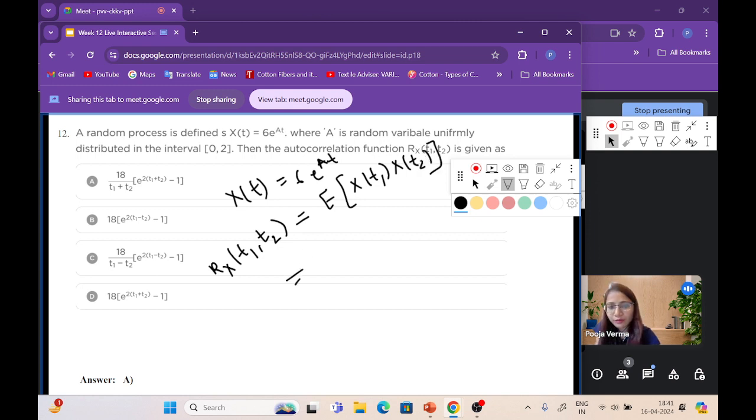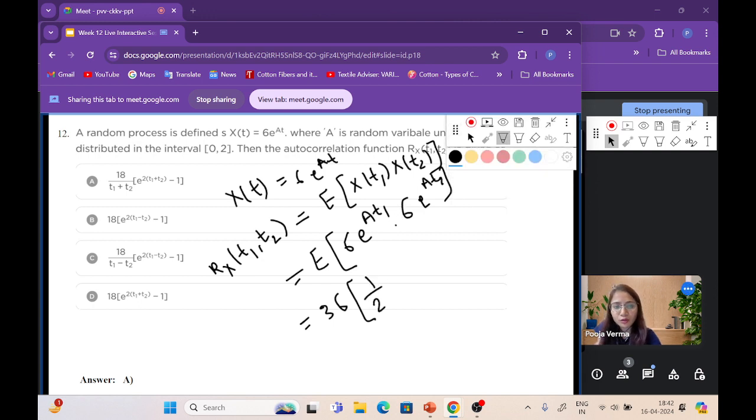Okay, now putting in the values of x(t), it is 6 e to the power A t1 multiplied by 6 e to the power A t2, right? If we calculate the expectation or mean of this, then 6 times 6 is 36, and that is in multiplication. So we take 1 by 2